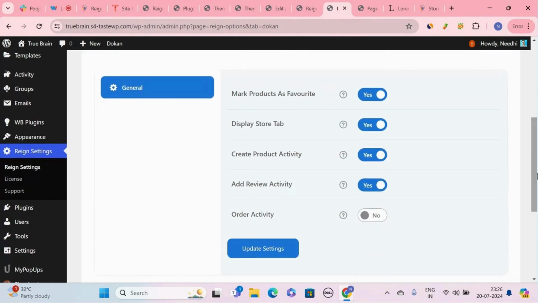Order activity, like someone purchases the product and reviews it, everything will be shown in your feed. It provides this feature as well.